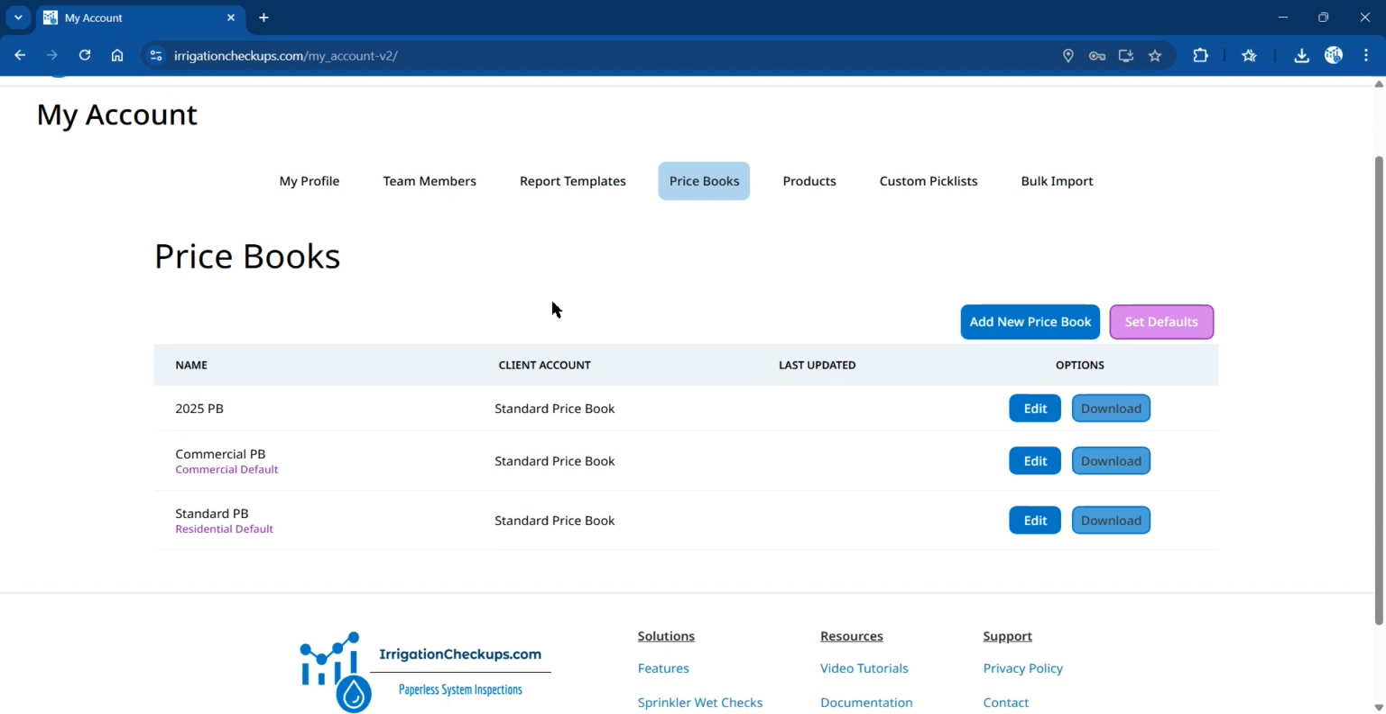And so price books again are a way to organize pricing that will include some or all of your products. And you can have multiple price books. And so in this example, I've got a standard price book that I'm going to show as residential property default. And so this will be the pricing I give residential customers. And then I also have a commercial price book that I have a separate set of products specific to commercial